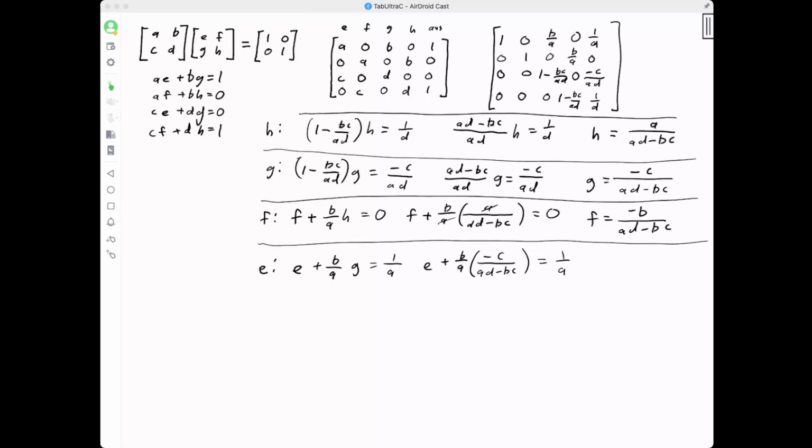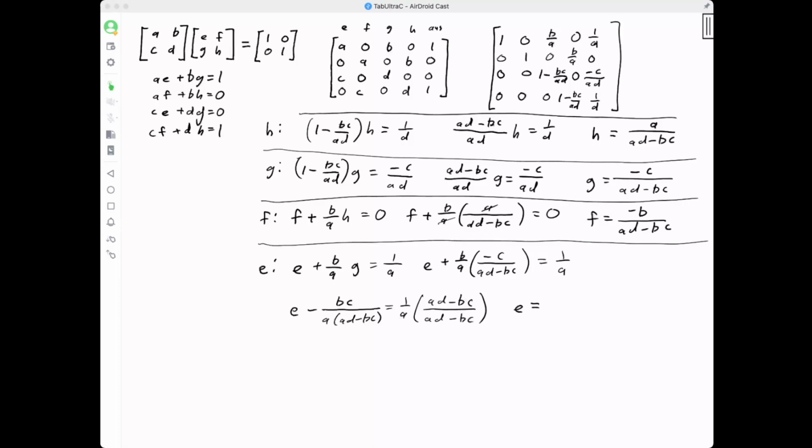So when I do that, this becomes E minus BC over A times AD minus BC has to equal 1 over A. I'm going to multiply this right-hand side by AD minus BC over AD minus BC. So all I've done is multiply it by 1. And so that gives me that E